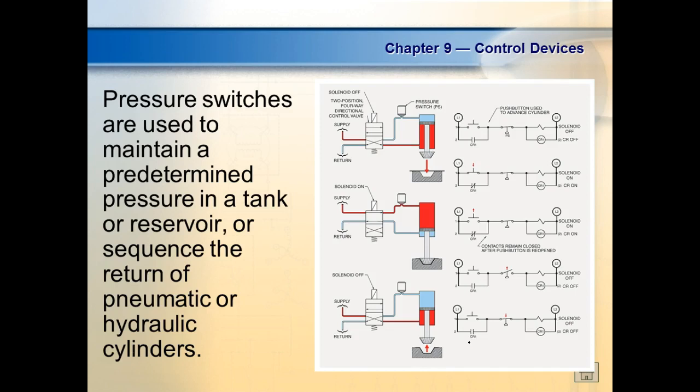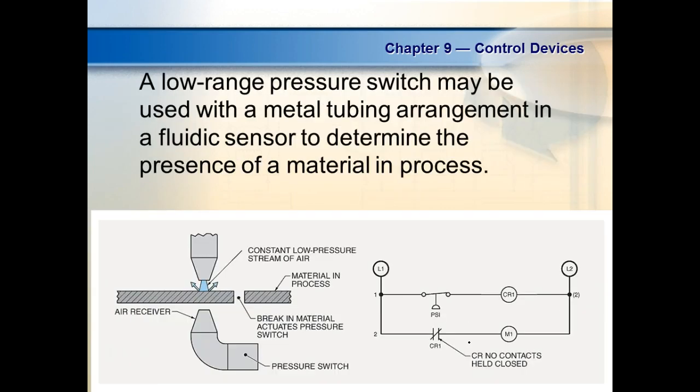Any questions? Yay, nay? A low pressure switch may be used with metal. It was amazing to me. Have you ever seen these water jet cutters? That's amazing, that they can cut metal with water. Low range pressure switches can be used with a metal tubing arrangement and a pneumatic sensor to determine what is